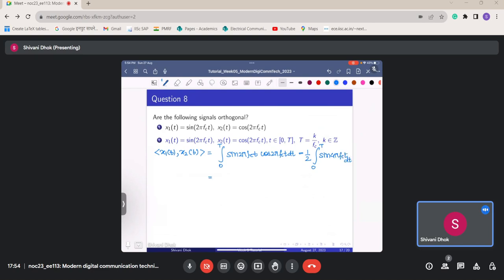This is equal to minus 1 by 2 cos of 4 pi fc t divided by 4 pi fc, from 0 to T,